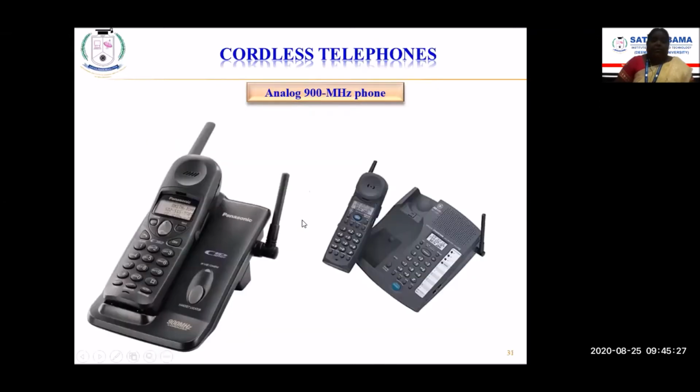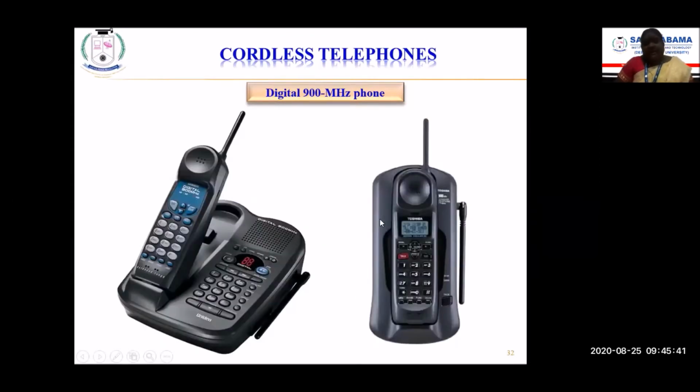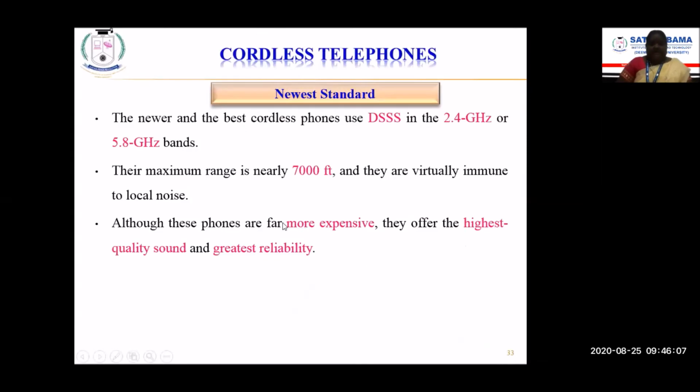Next we'll move on to some examples of the 900 megahertz phone. This is a Panasonic phone, which uses the 900 megahertz frequency range and is analog in nature. And this is an example of the digital 900 megahertz phone, which uses the direct sequence spread spectrum technique as well as the Gaussian FSK modulation technique for the transmission. You all know that this is the antenna for the portable unit, and this is the aerial, which acts as the antenna for the base unit, that is the fixed unit. To this base unit, we have to connect the AC power supply.